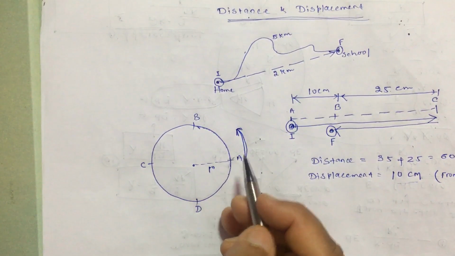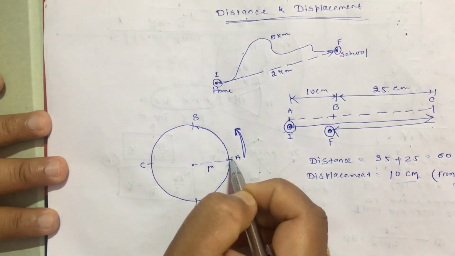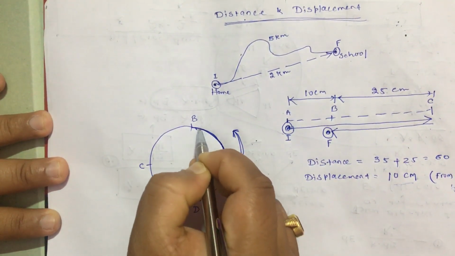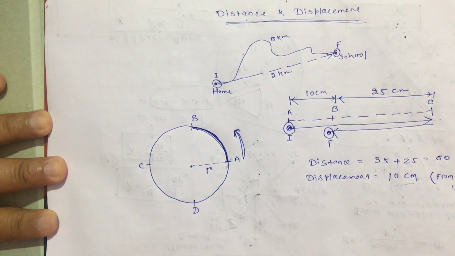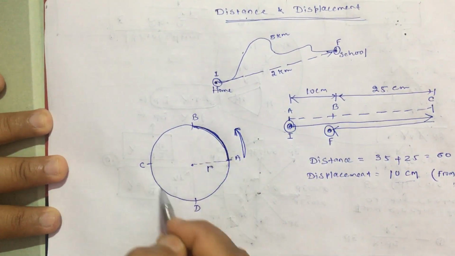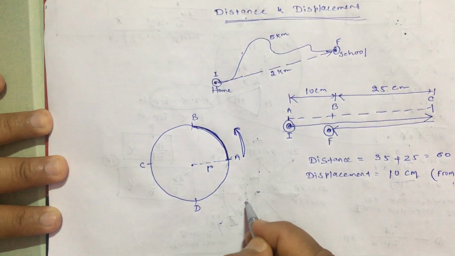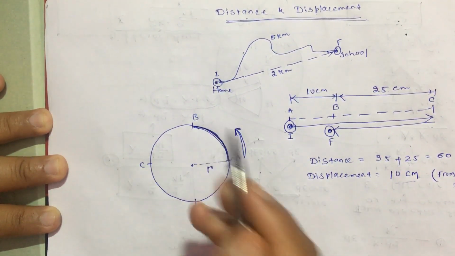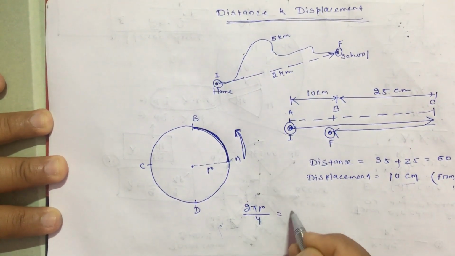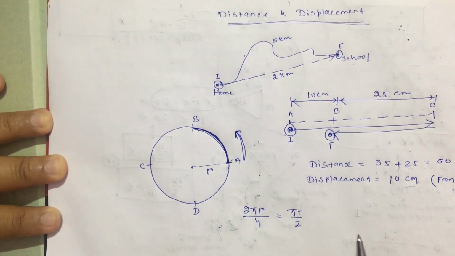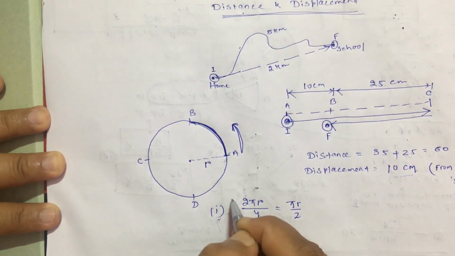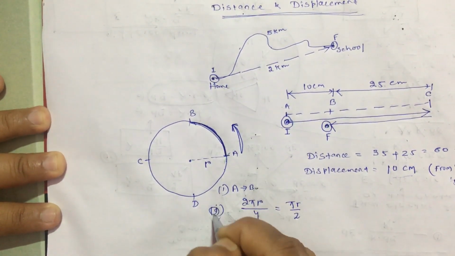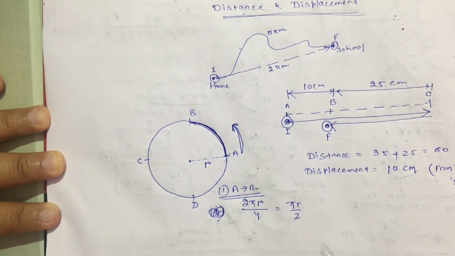Now, what is this distance from here to here? This is its actual path. So we have to find the length of the actual path, from here to here. And how to find that? As all of you know, the total length is going to be 2 pi r. Yes or no? So it is 1/4 of the total part, so it is going to be divided by 4. So it is going to be pi r by 2. This is the first part when it travels from A to B. This is the first question. When it travels from A to B, this is the distance.